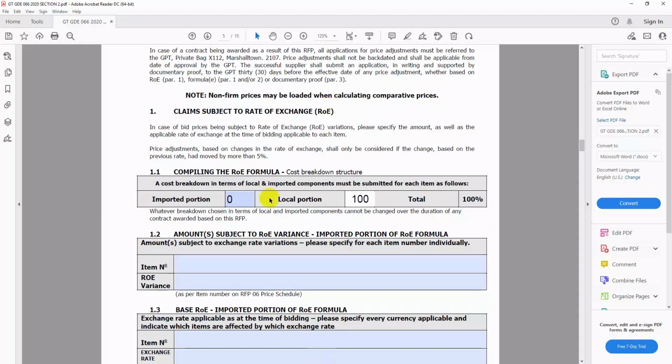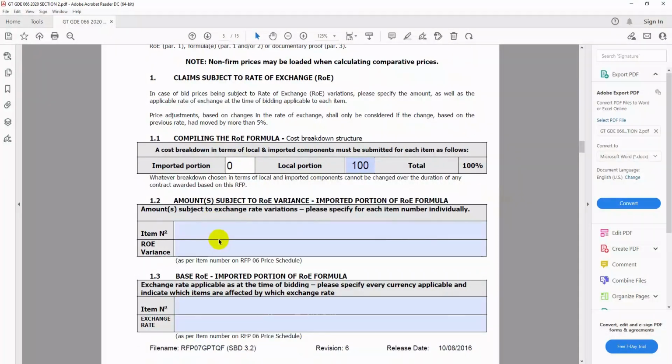So in case, let's say you are importing, or you are providing us with goods that need to be imported, then they will show you how much of the imported portion and how much of the local portion you need to provide us with. So maybe they say 80-20, 80 local and 20 imported, so you will need to provide us with 20% imported portion of that good that they are buying, or the goods, because it can be a service. So the amount subject to rate of exchange on this 20% that you are importing, the item that